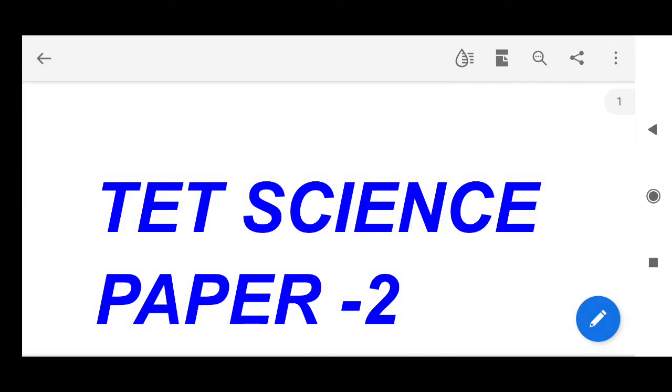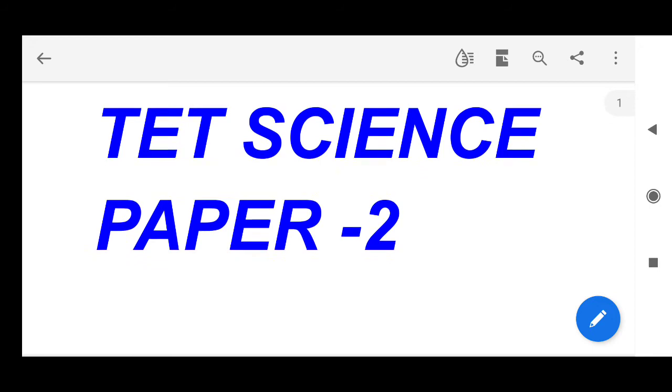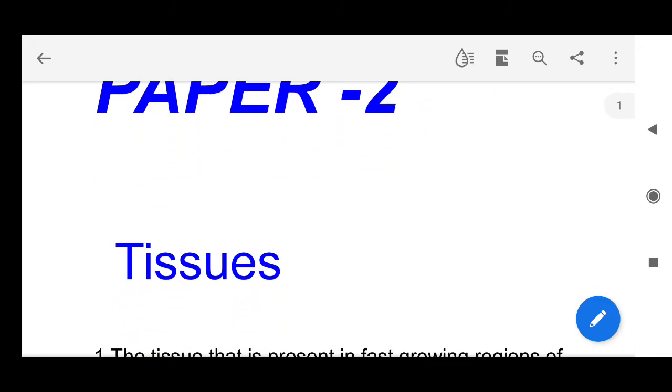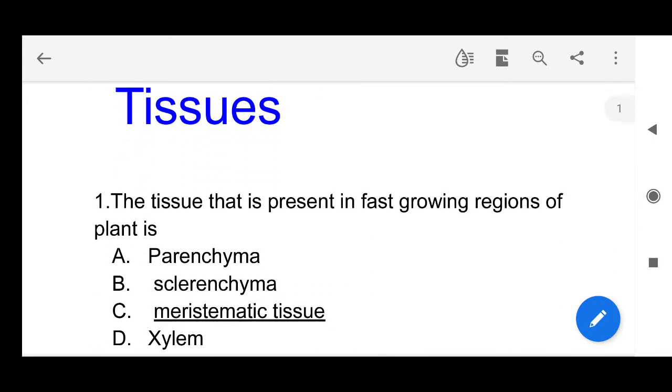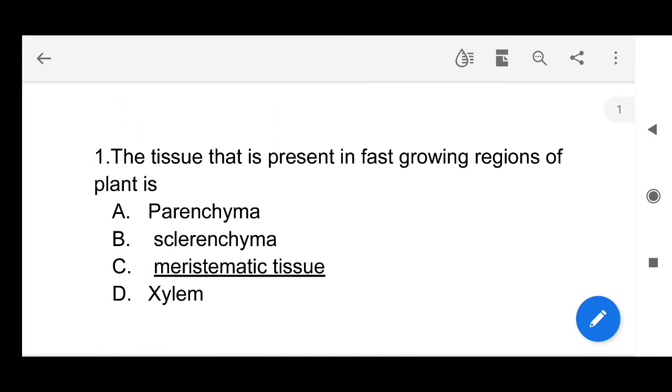Today we will be discussing one more important topic related to TET Science paper 2. So see here, the chapter name is tissues. The definition of tissues is given in the previous video, which was about the cell. So please watch that video for more updates. So see here, the first question is: the tissue that is present in the fast growing region of the plant is